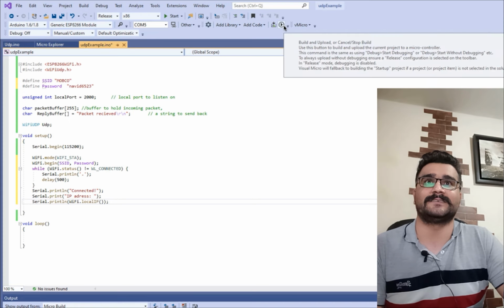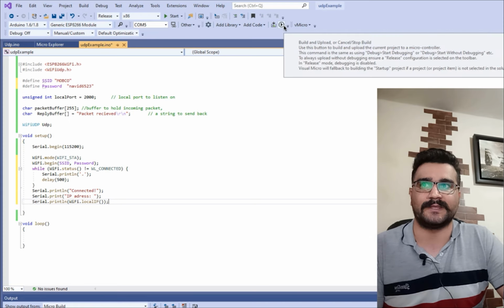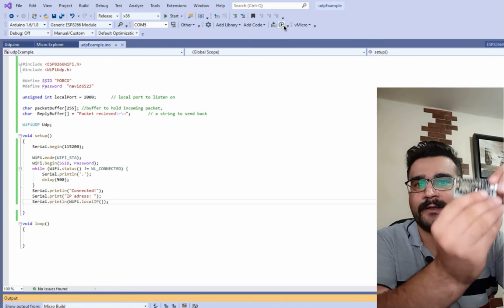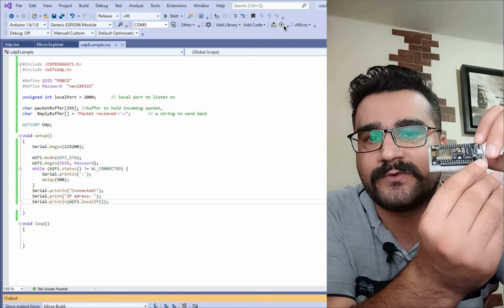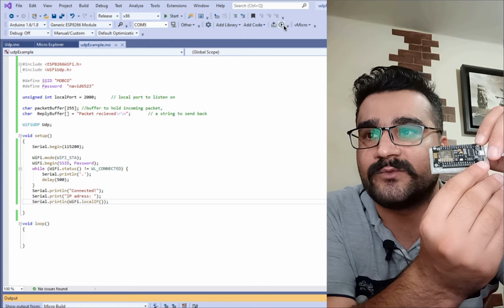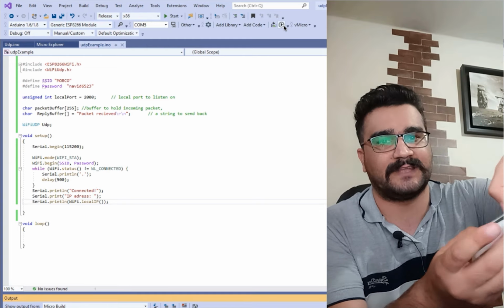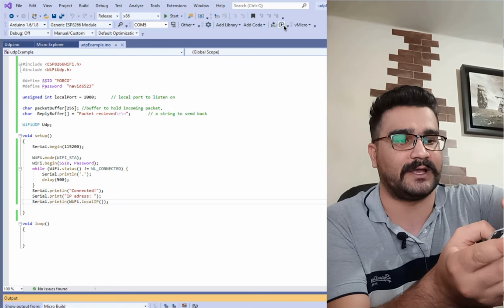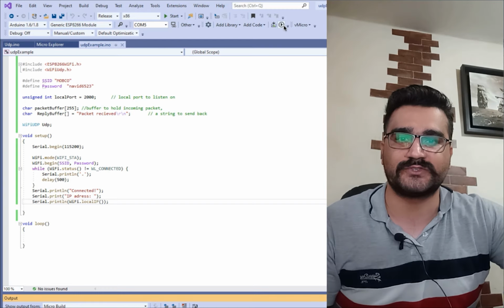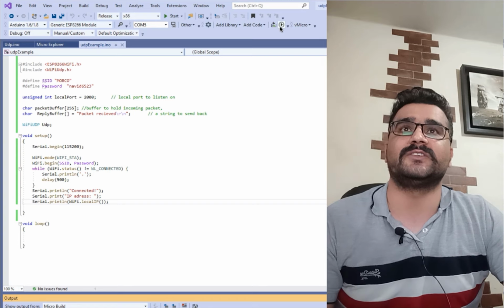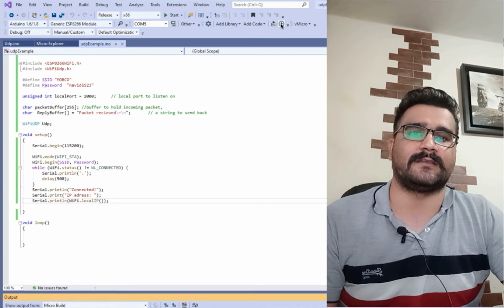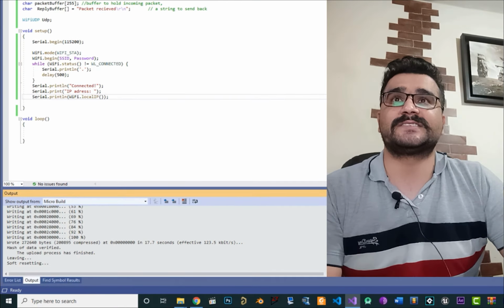Let's build and upload it to our ESP8266. In here, you see there are two buttons, one for restart and one for flashing. Okay, you should hold flash and hit start, so it goes to flash mode, and after that you can hit build and upload. So now that it's uploaded, we can